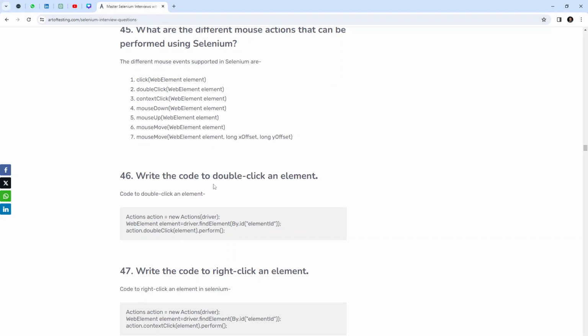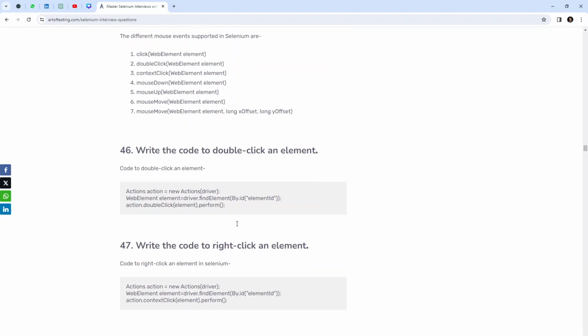Write the code to double click an element. Code to double click an element. Actions action = new Actions(driver); WebElement element = driver.findElement(By.id("elementID")); action.doubleClick(element).perform();